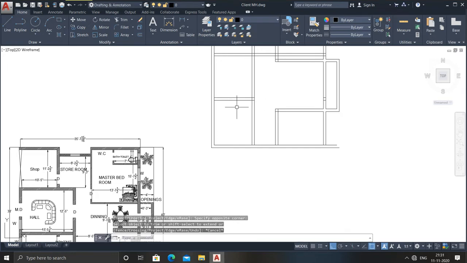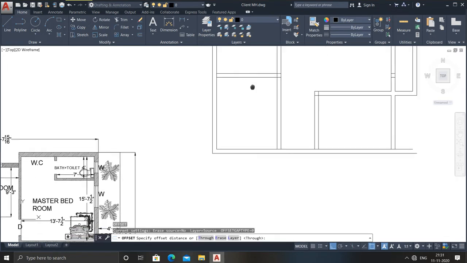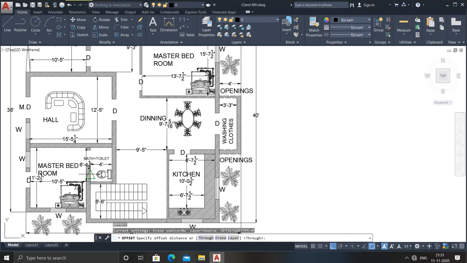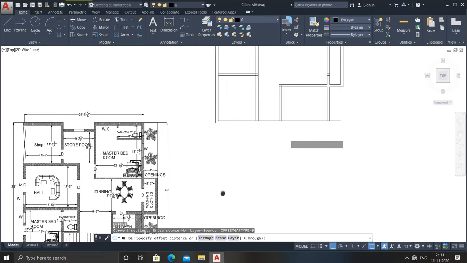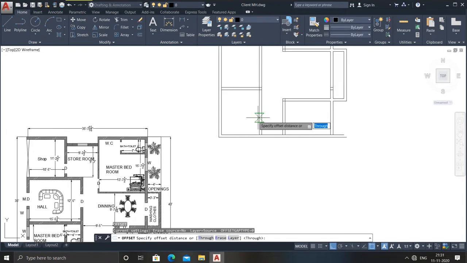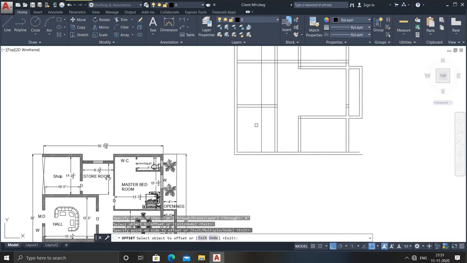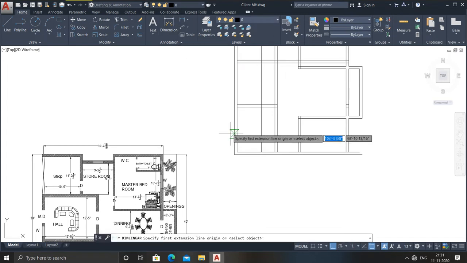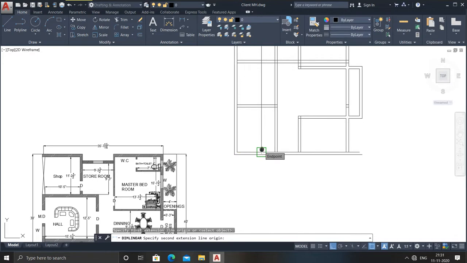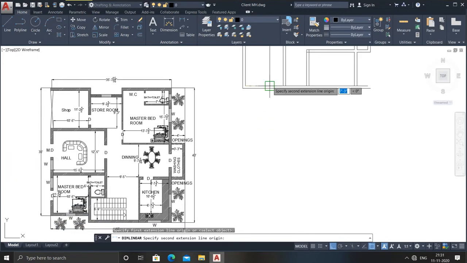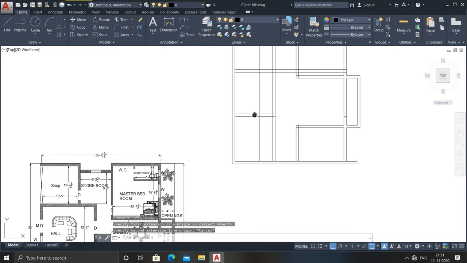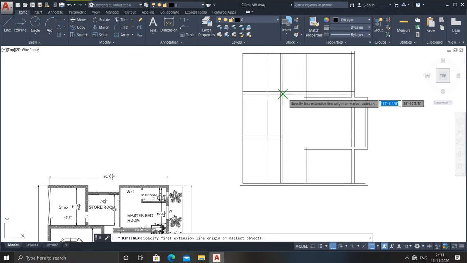Escape it. Now I need to place some offset, you can see it here. Here to here is 4 feet, right? So go for 4 feet from your keyboard side. Escape it. Once you check the dimension here to here, this will be only 7 feet, right? So go for escape button and once again measure here to here. This also is 7 feet.